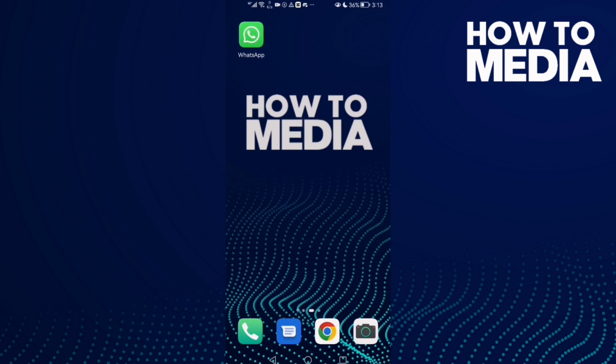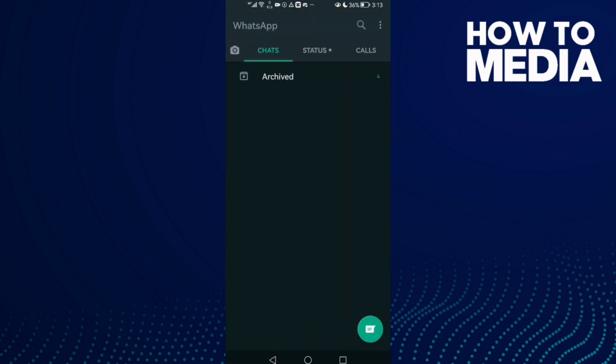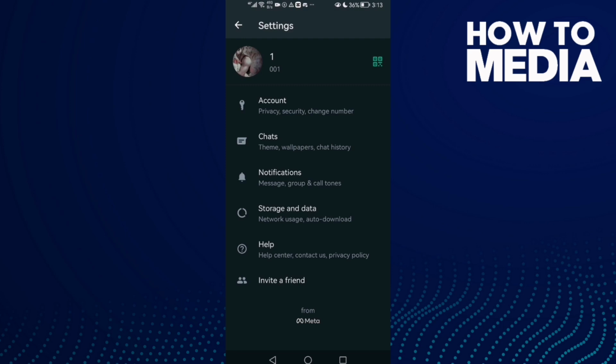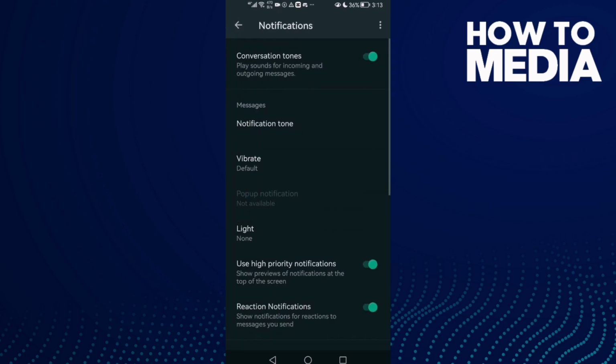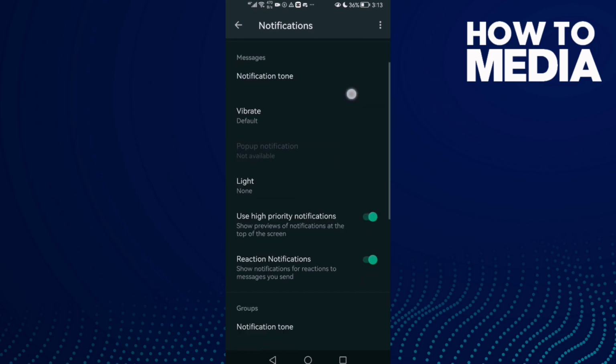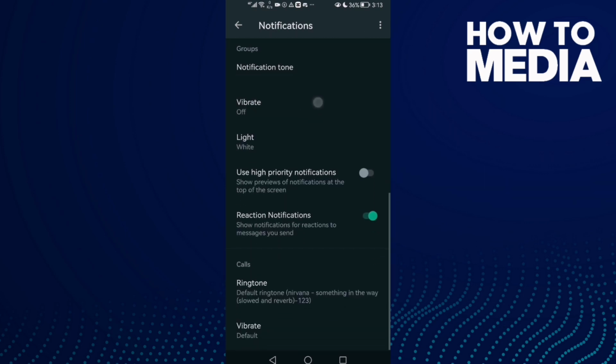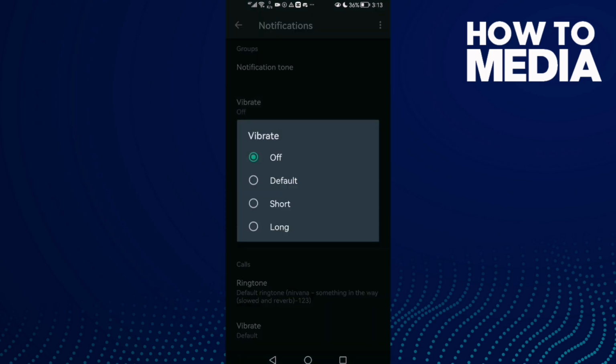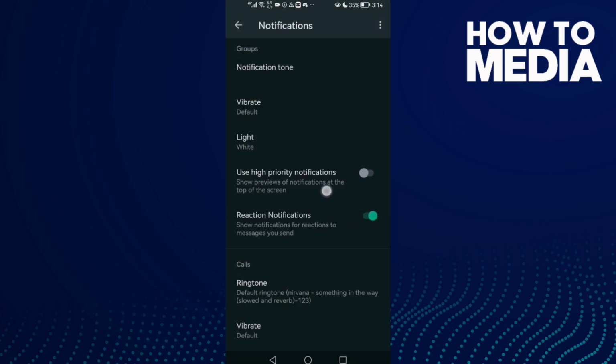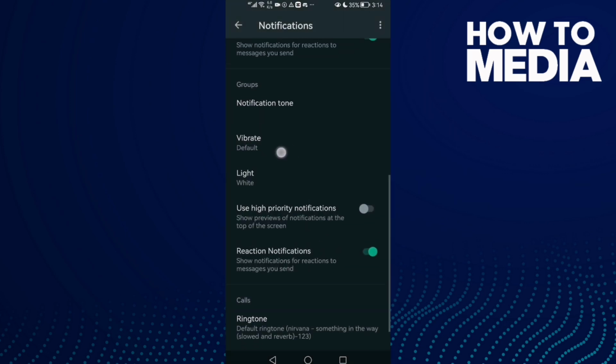First thing, go to WhatsApp and here you will find these 3 points in the top corner. Click on it and click settings. Here you will find the notifications and then just scroll down until you find vibrate. Click on it and here you will find it default. Select default and that's it. Now just go back,